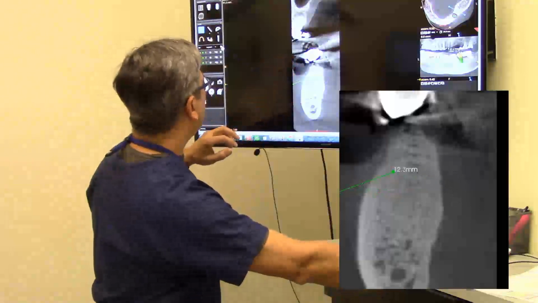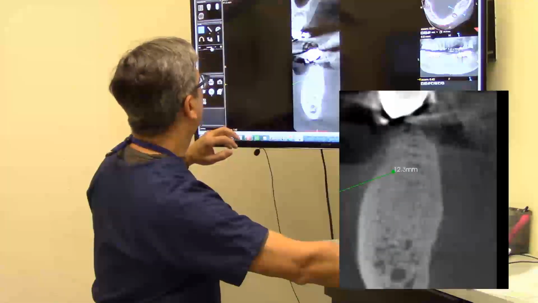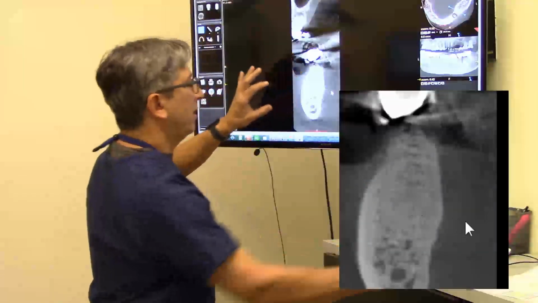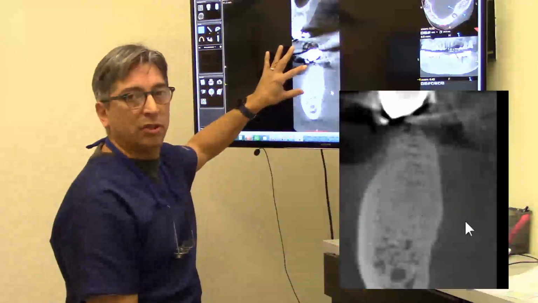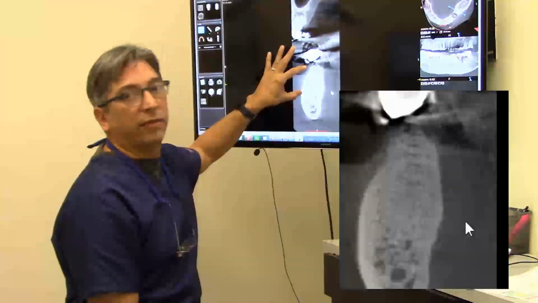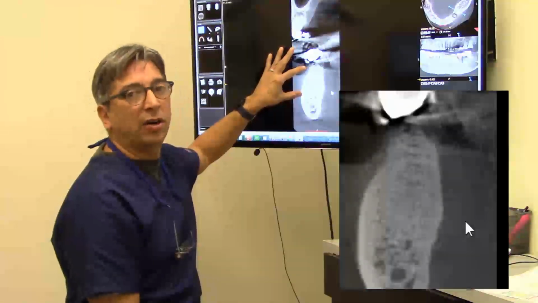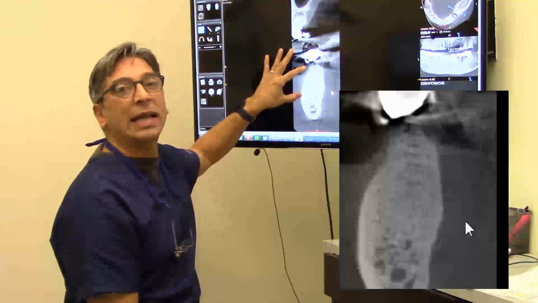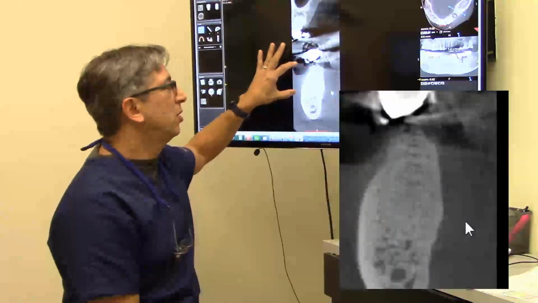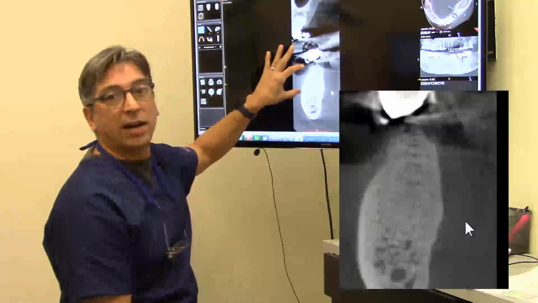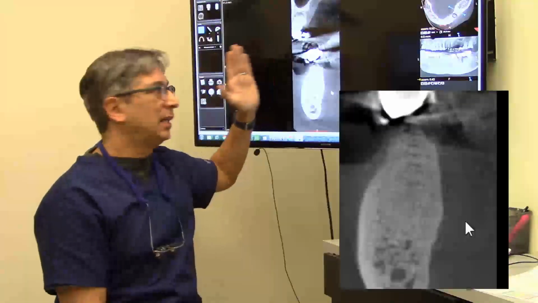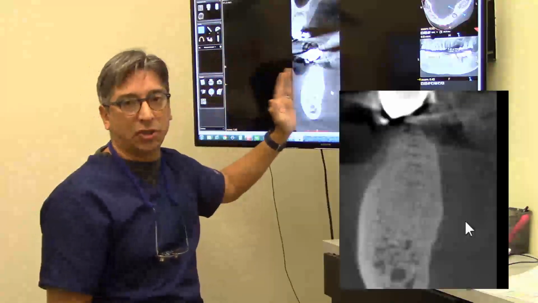So we have a pretty good view here that that's not great bone to drill into, and it's very difficult to put implants into very hard bone, and the implant doesn't want to heal in this bone. So right now I would give this guy a red for an implant system in this site for sure,